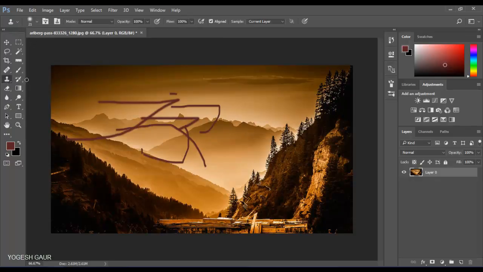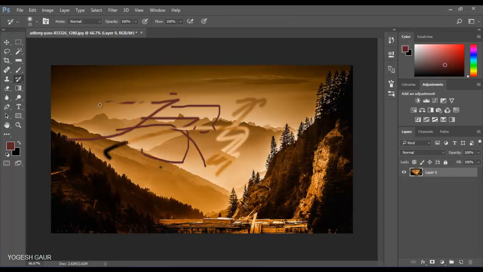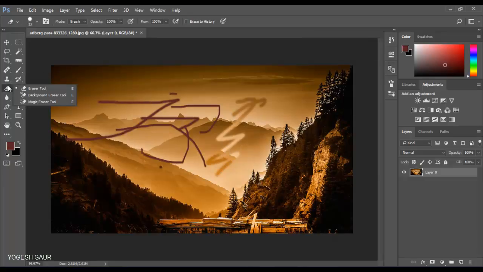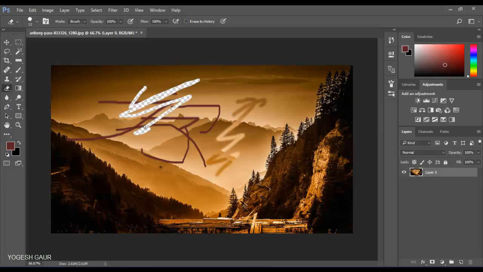The clone stamp tool is just like the healing brush, but it is very different. You must hold Alt, click to take the color of that area. Then there is the history brush tool, which lets you paint back from history, or you can simply click from there to history or clone stamp. Okay guys, next one is the eraser tool, which you use to erase the image.